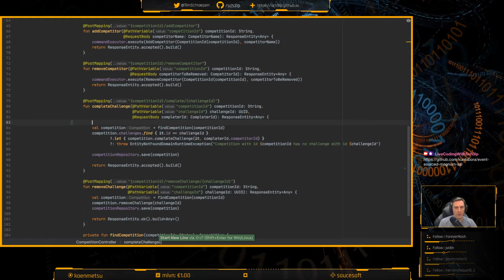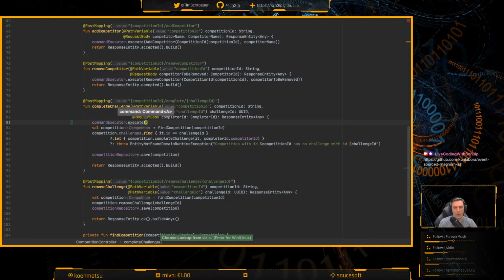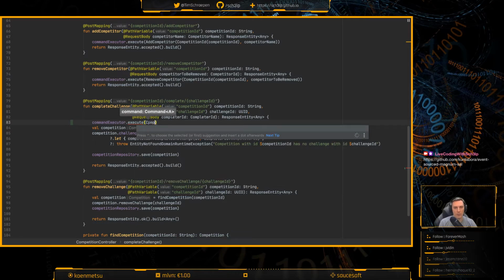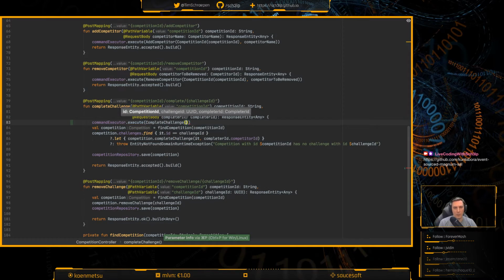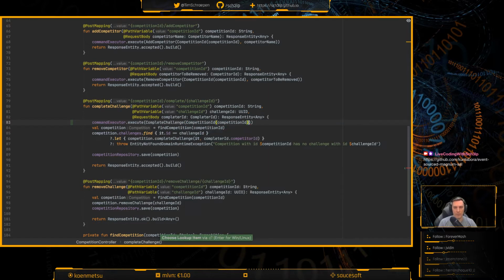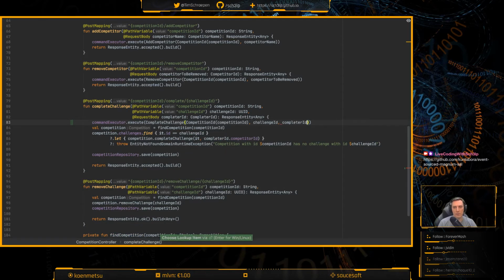Right, so the only thing I'll need to do is command executor execute with the new command called a complete challenge command. And what I'll need is a competition ID from this one. And then I'll need a challenge ID, which we also have. And I'll need a completer ID, which is also there.